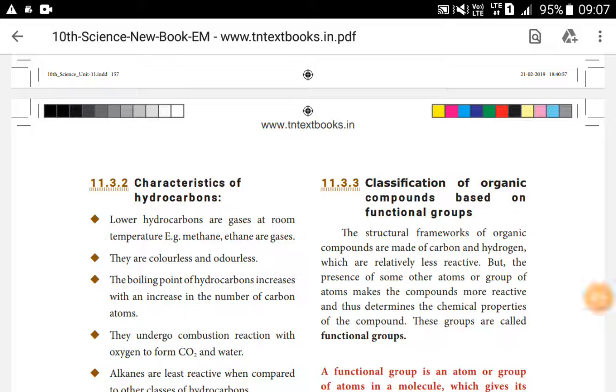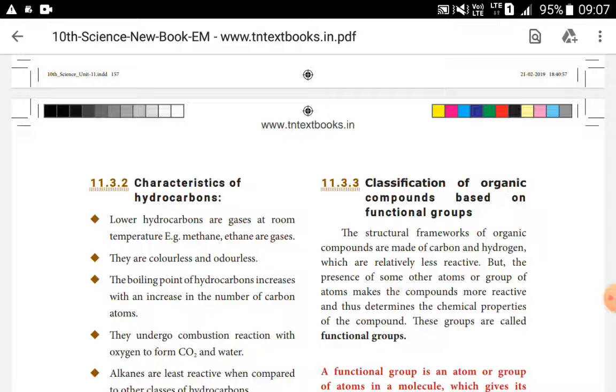My dear students of 10th standard, nowadays we are discussing carbon and its compounds. Before starting a new topic in this lesson, classification of organic compounds based on the functional group, we have to revise whatever we learned in this chapter so far. Already we know the symbol of carbon is C and its atomic number. What is the atomic number of carbon? 6. Atomic mass 12, configuration 2,4, and carbon is a unique element which possesses the property of catenation, tetravalency and